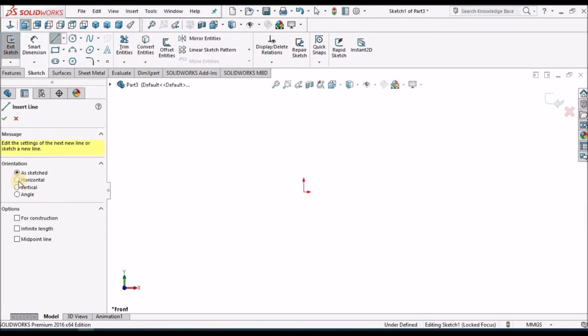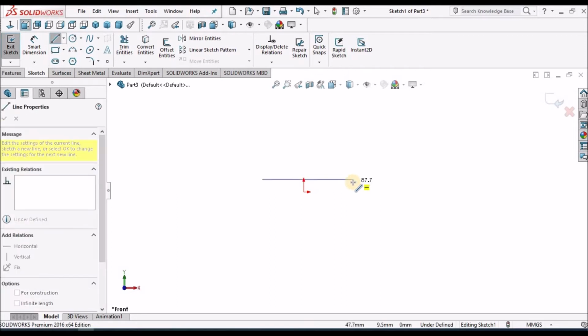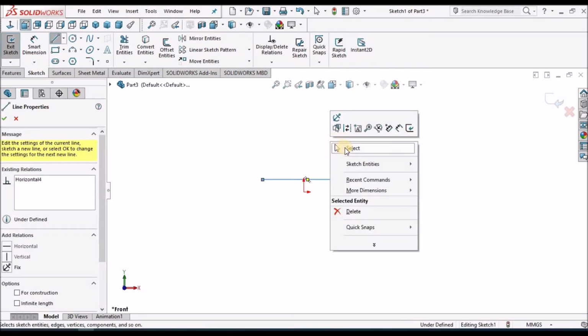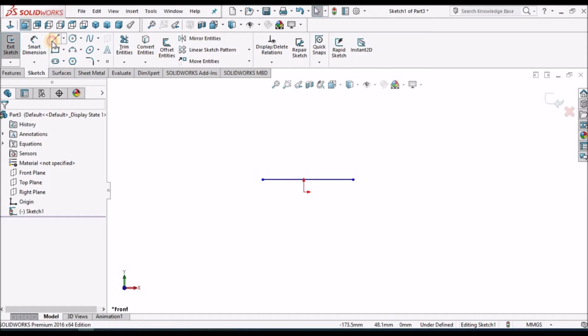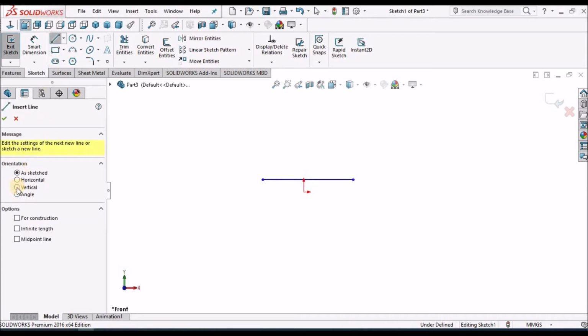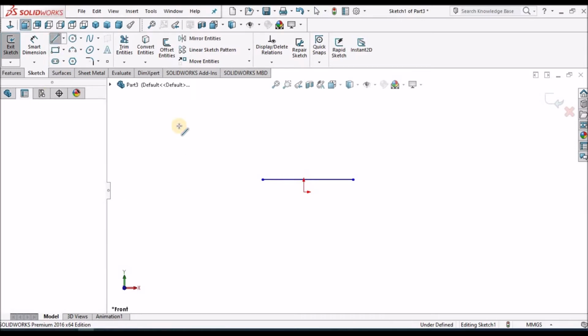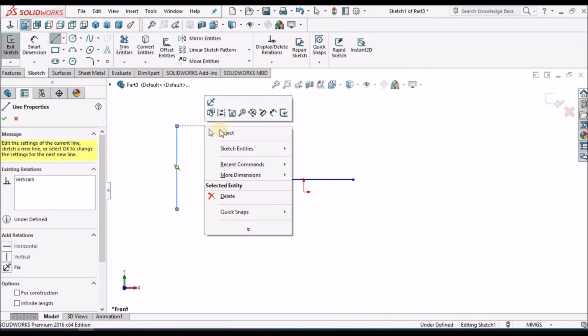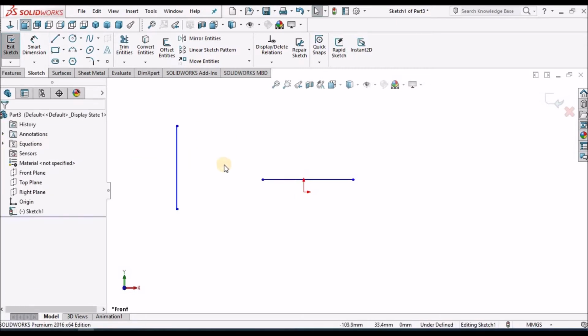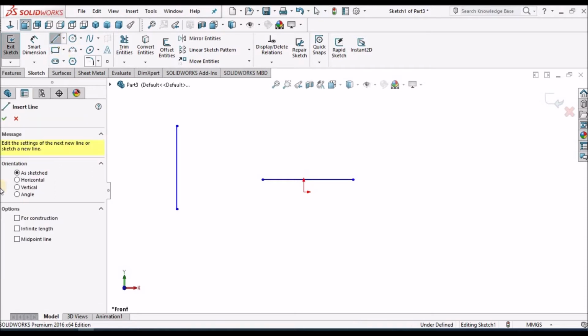Inside we have a horizontal option, so I can draw only horizontal lines. Next, we can draw only vertical lines. So we are restricting our line option to particular sub options.